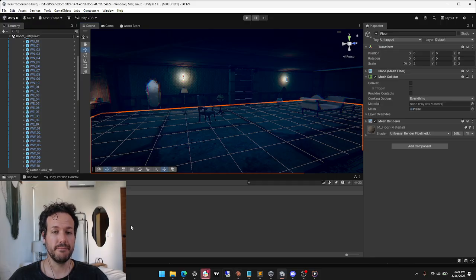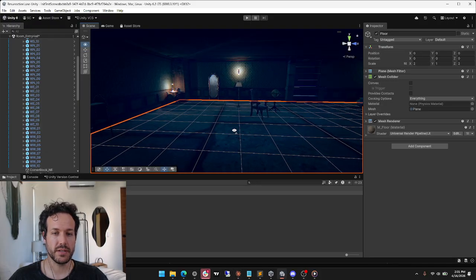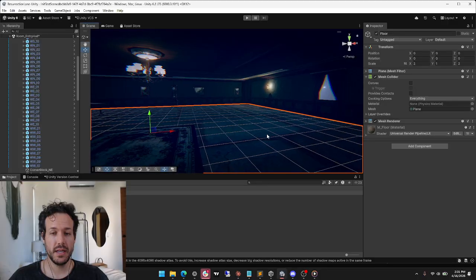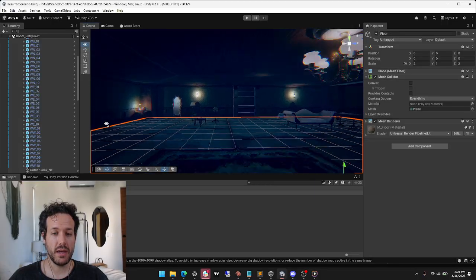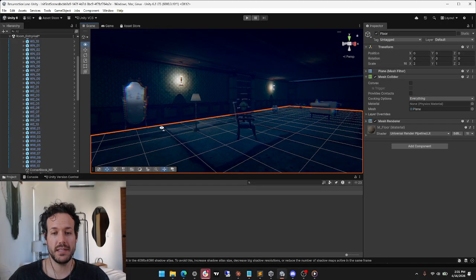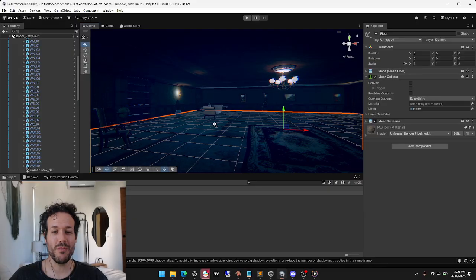So this scene here, there's some weird shader stuff going on. But I just gave Claude an asset pack, and I told it to build this room for me.